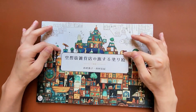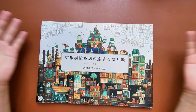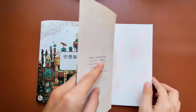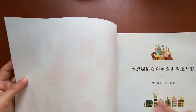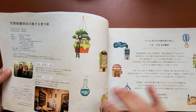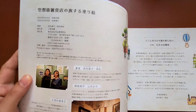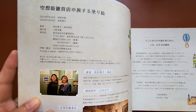This is Fantasy Town by Noriko Nishimura and Yuki Nishimura. This is 100% influenced by Coloring with K, by the way. And I was going to buy this locally, but compared to Amazon Japan, it was much more affordable to order in Amazon Japan. And according to the translation I did about this book, this is Noriko Yoshimura and Yuki Nishimura, and they are